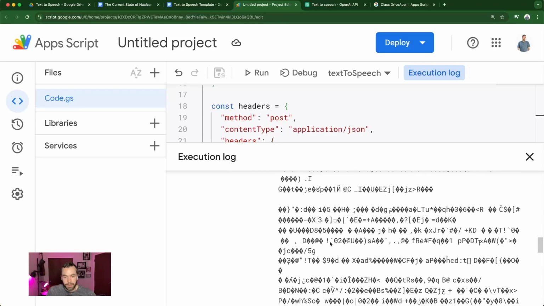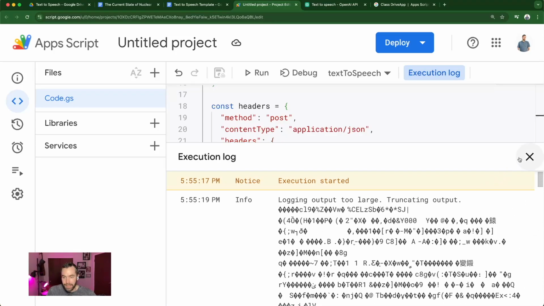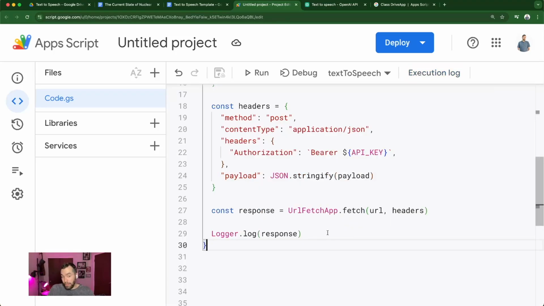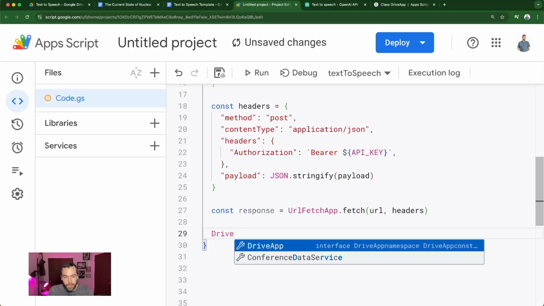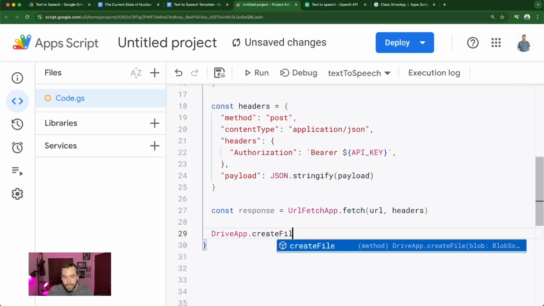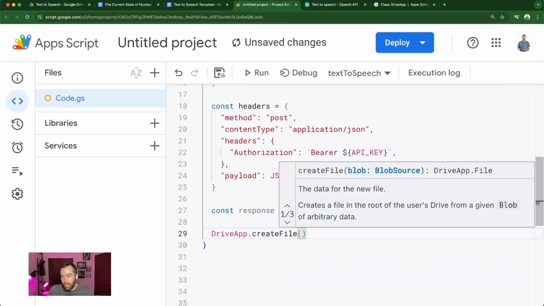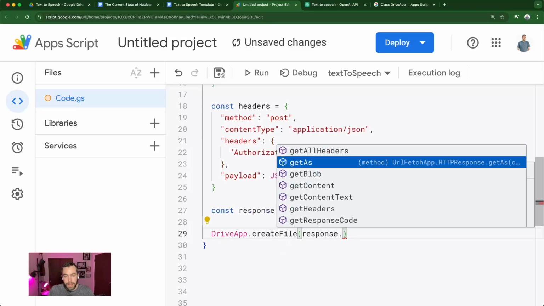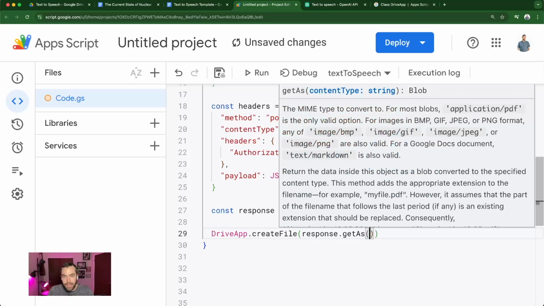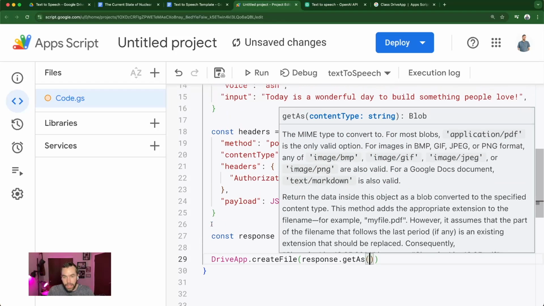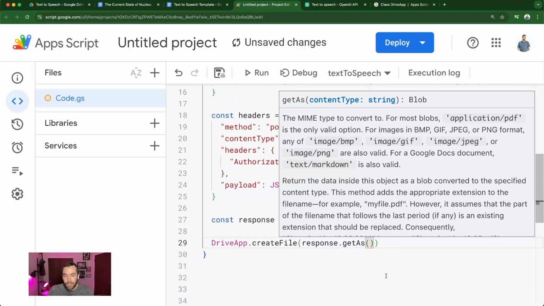Okay, interesting. That must be what an audio file looks like in text, which is good because that's what we want. So actually what I'm going to do here is use the Drive app, create file, and I'm going to get the response, and I'm going to get as, and that get as is looking for the MIME type to convert the file to. And I believe it's audio